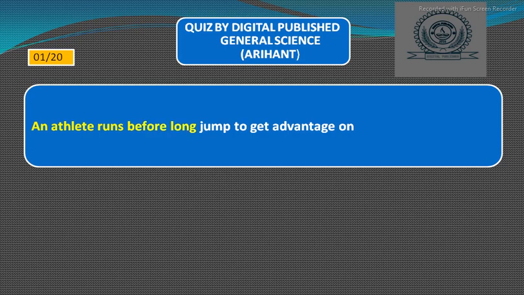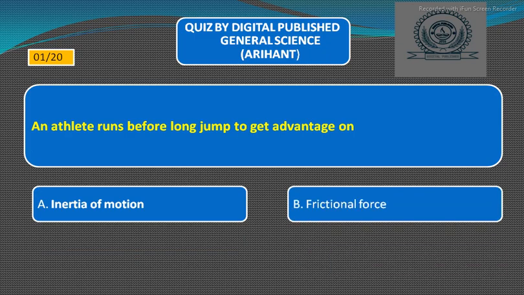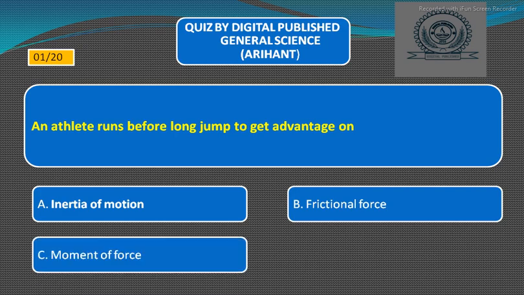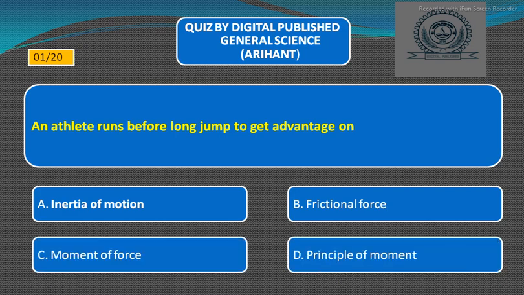An athlete runs before long jump to get advantage of: option A, inertia of motion; option B, frictional force; option C, moment of force; option D, principle of moment. তো রাইট আনসার হবে অপশন A, inertia of motion. Next,